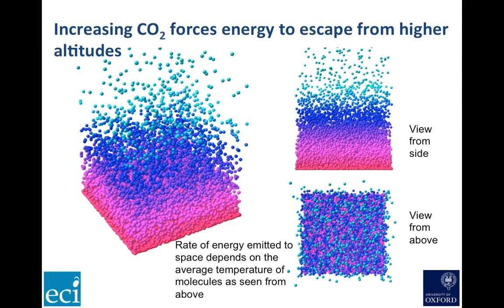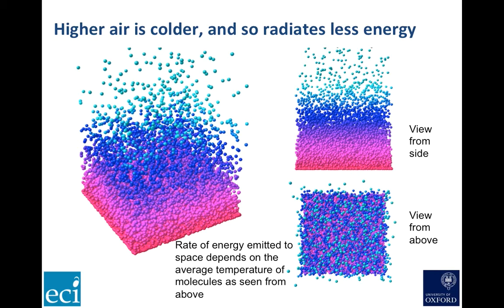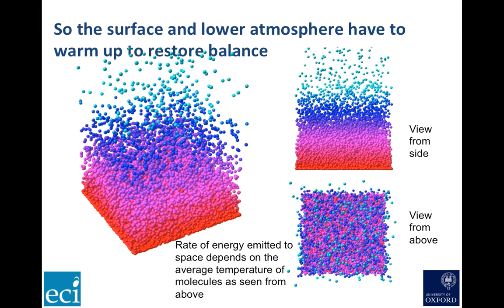It reduces the rate of energy lost to space, because energy has to escape from higher altitudes, and for basic thermodynamic reasons, higher air is colder, and so it radiates energy slower. So the surface and lower atmosphere have to warm up to restore the balance between incoming and outgoing energy, just as the inside of a house warms up if you add more loft insulation and keep the heating going at